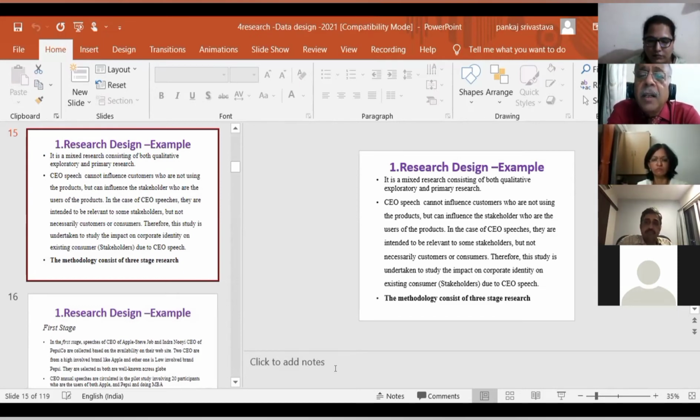So this study is related to the speech of CEOs, how at the annual gathering of CEOs they address the stakeholders, right? So what we did, we collected the annual speech report for two companies, one Apple and the second Pepsi, and then we circulated their speech to our students as a pilot study, and we told them